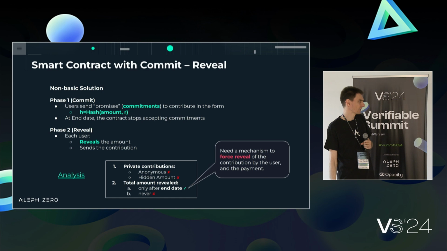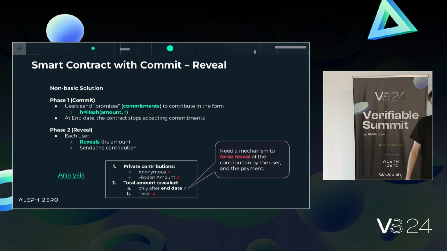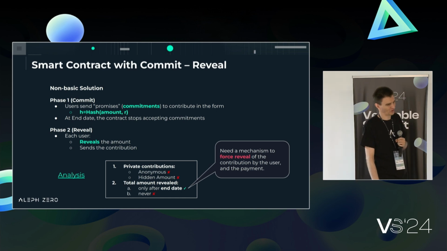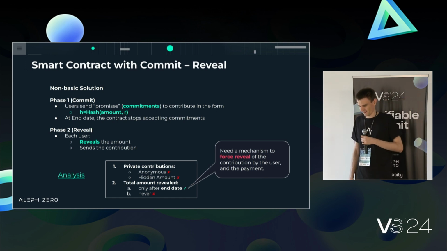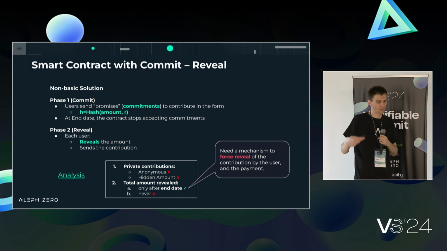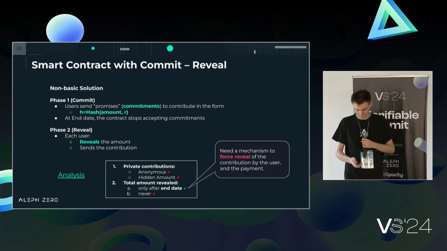And it would be good. The only thing is that we would need a mechanism here to actually force the reveal, because this is a two-phase protocol and it's not so easy, right? So we could ask the user to put some collateral. We could do some kind of tricks, but I would say even if this is possible, it would be kind of annoying for the user, that they need to do multiple actions with some time between them to participate. So it's annoying and it's not bulletproof. But yeah, it's something.